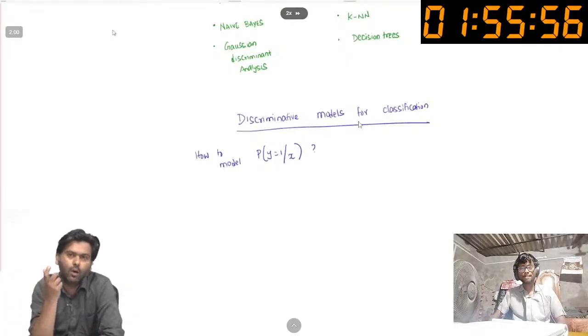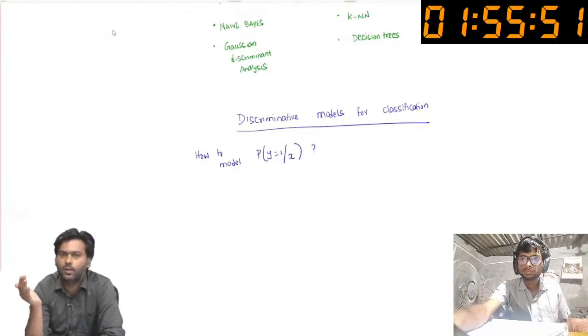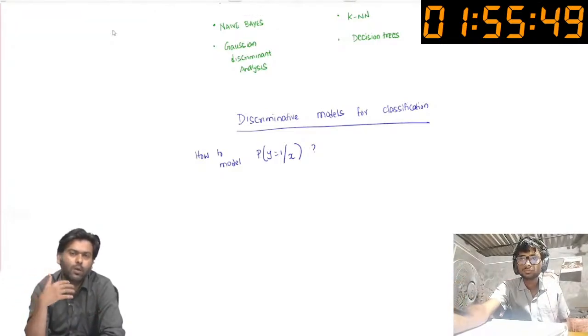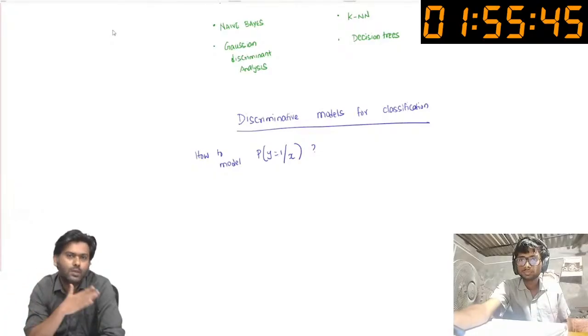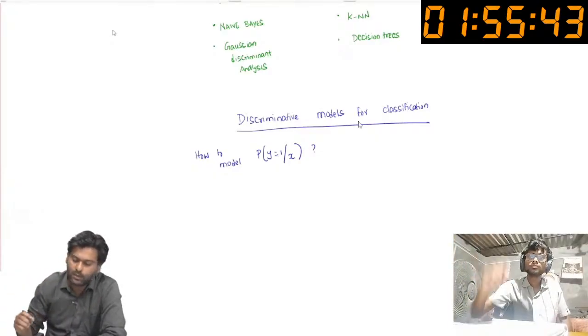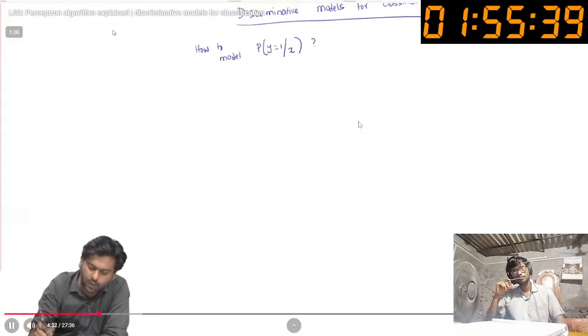So you're given a feature. Now we want to be able to discriminate whether this feature is in class 1 or class 0. So we want to make some assumptions about this discriminating power, right? So what is the functional form of this discriminator? And the simplest assumption that we can make is that it's a linear function. What does that mean? That means the following. So, the simplest assumption,